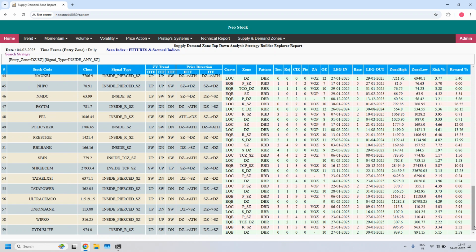So total 59 stocks. We can further filter this list by setting a daily EMA filter to daily supply zone,